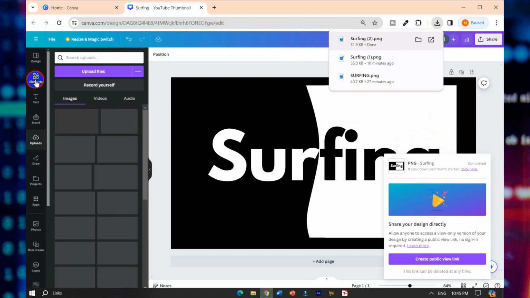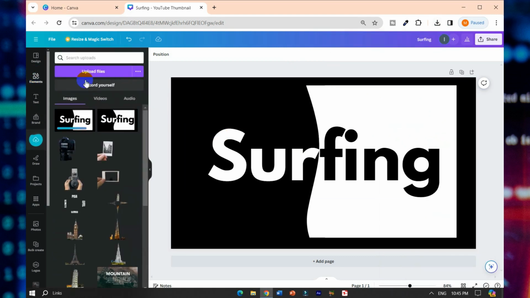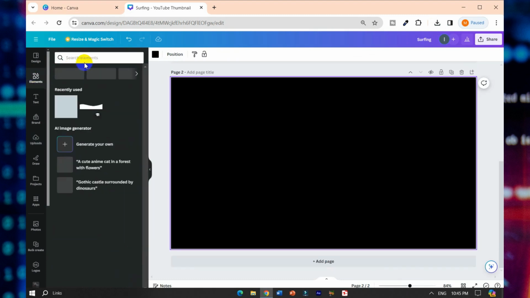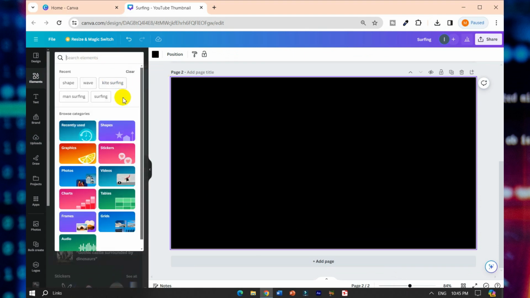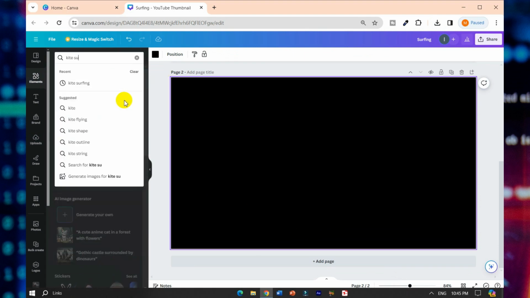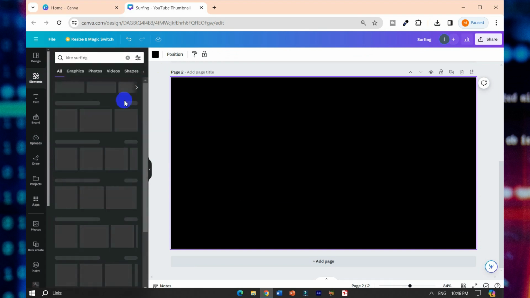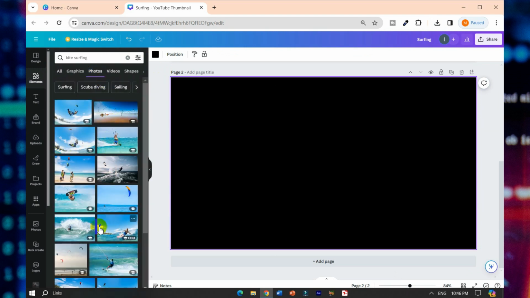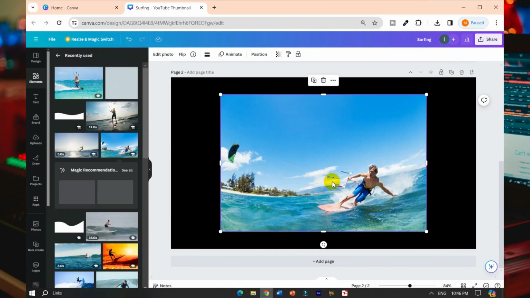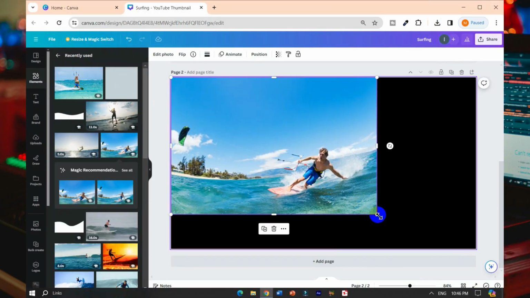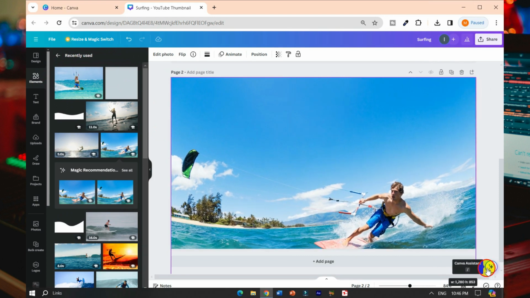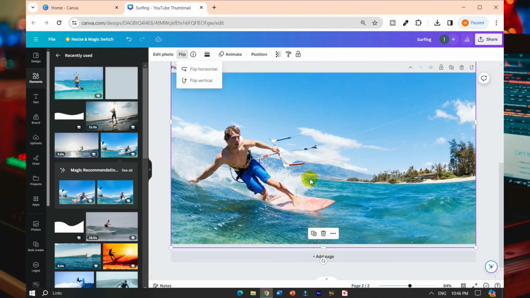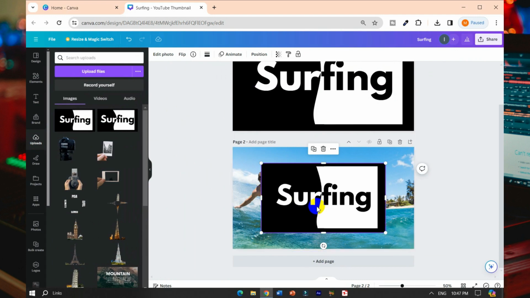then upload it, add new page, go to elements, search kite surfing, go to photos and select any photo as you want, drag it and resize it, then go to flip horizontal, then upload the picture